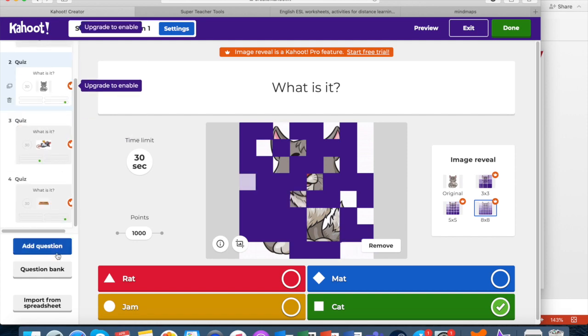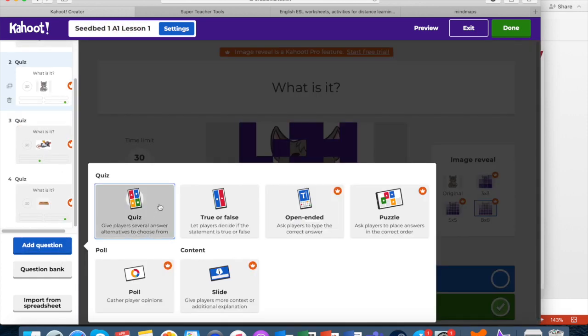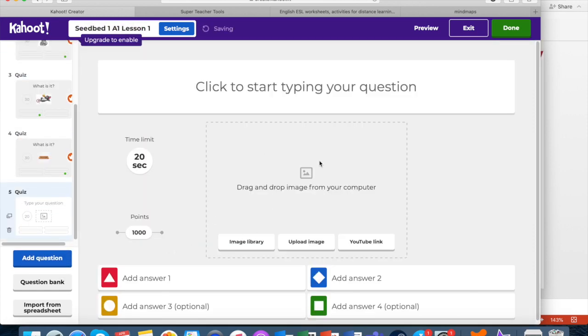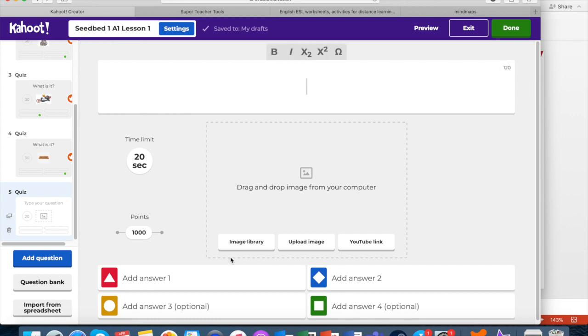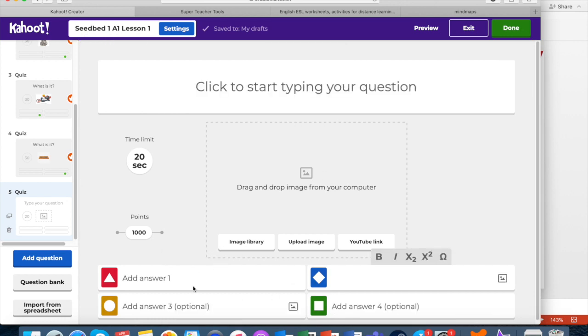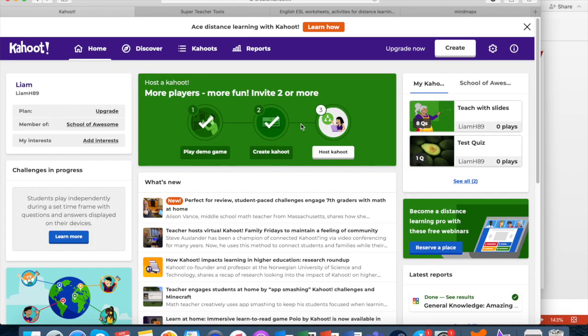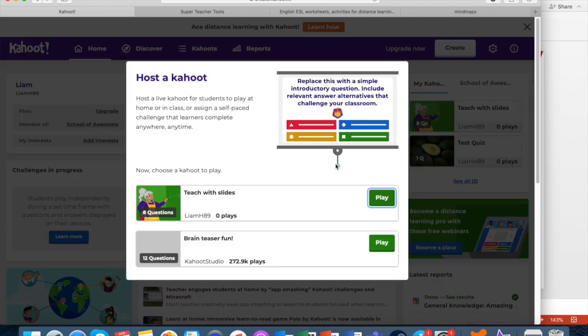To add a question, I simply go add question, select quiz question, drop my image in here, add my question at the top and my answers down the bottom, and then select the correct answer. Another really cool feature of Kahoot that's going to work super well for your older level classes is the feature that allows you to host your own quizzes. So once you've created your online quiz, you simply go host Kahoot,